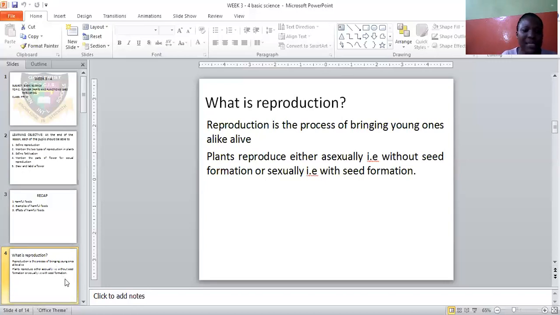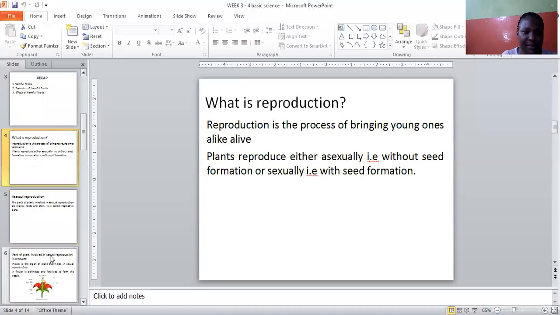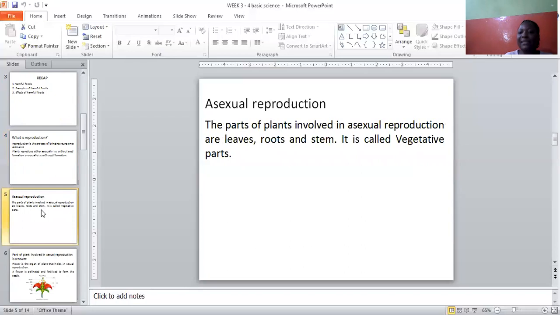Now let's look at what asexual reproduction means. The parts of plants involved in asexual reproduction are leaves, roots, and stem. These are the parts of a plant. You can reproduce some plants by planting one of their branches. An example is bitter leaf. When you cut a branch of a bitter leaf tree, you dig the ground and you put it,